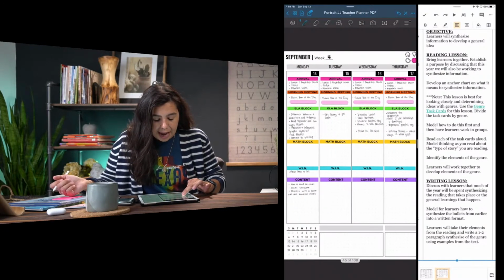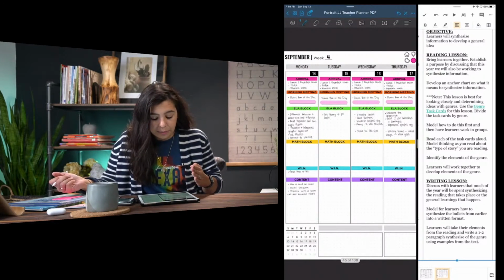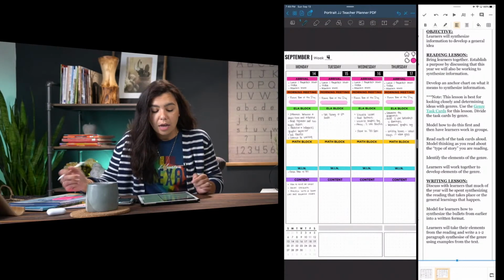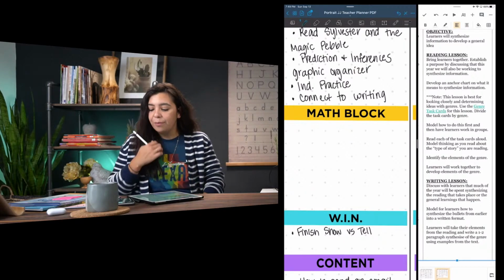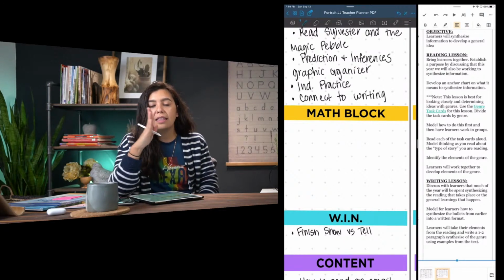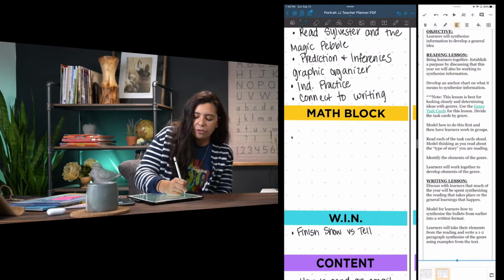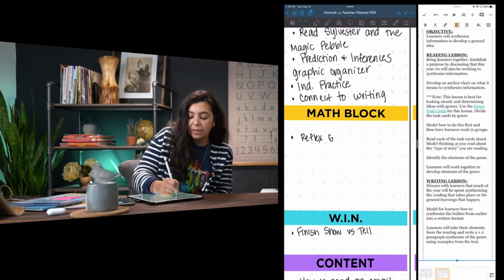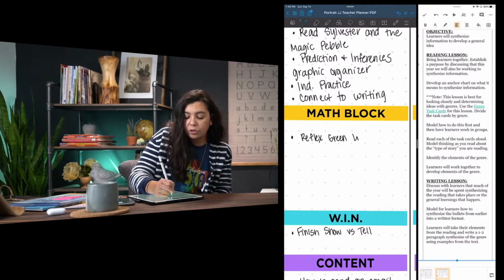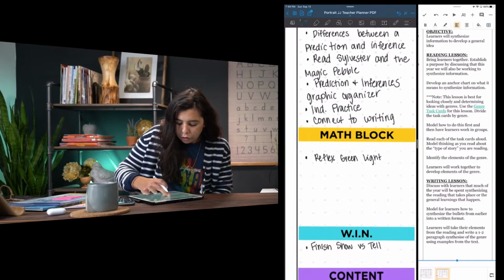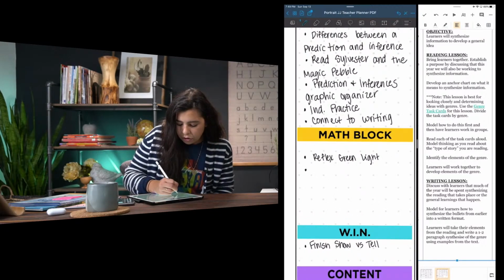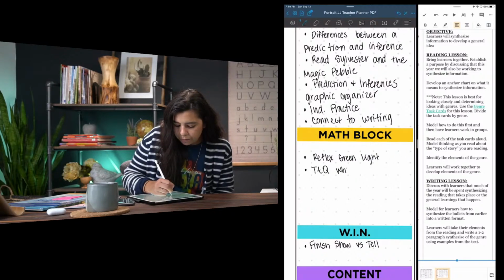So the other thing that I have for this week is going to be figuring out my math block. So I teach 5th grade math and here, because the kids are going to be doing their mountain math in the morning, I'm going to first start, we always do this every single day. We do Reflex green light because my sweet kiddos do not know their math facts. They do not know them fast enough. So I'm going to do that, and I'm also going to write TTQ, whole group,